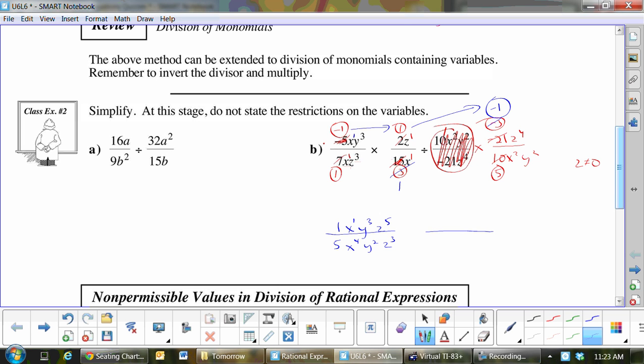Now, you see how we're going to have our 1/5? Do you see how we have 1, x, and 4? So this would be x to the 3 here, right? Because that would cancel, and that would become a 3. Y to the 1, and y would be up top, wouldn't it? Because it was bigger up there. And z to the